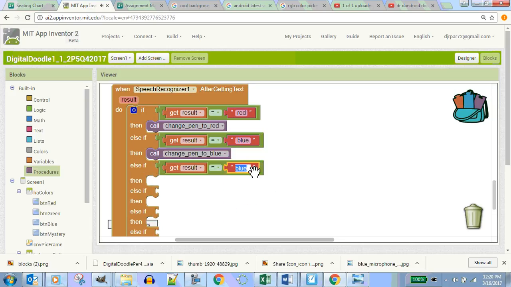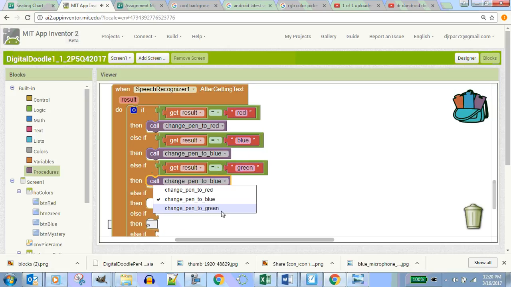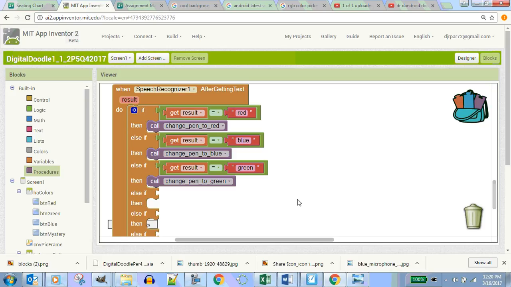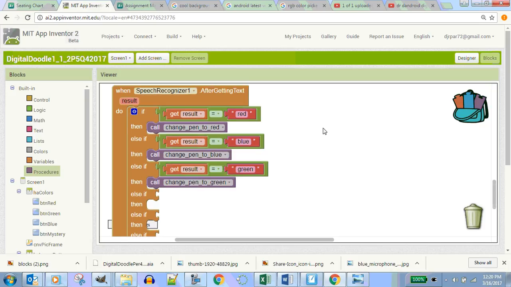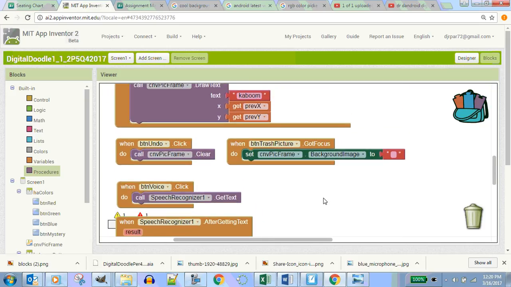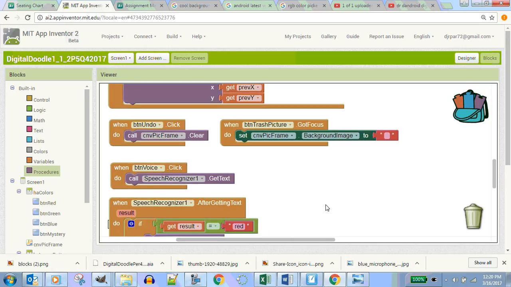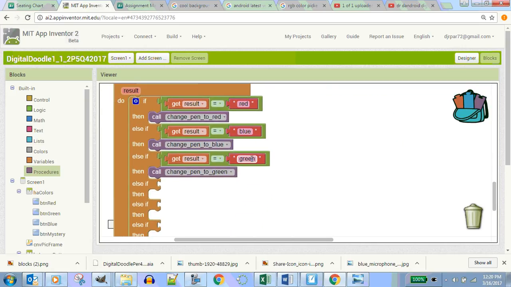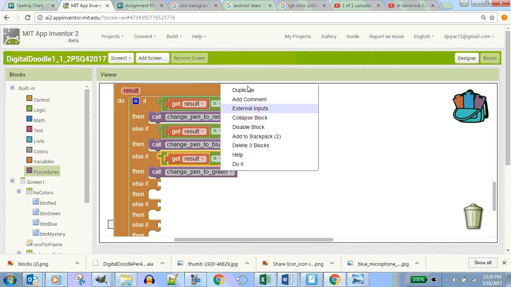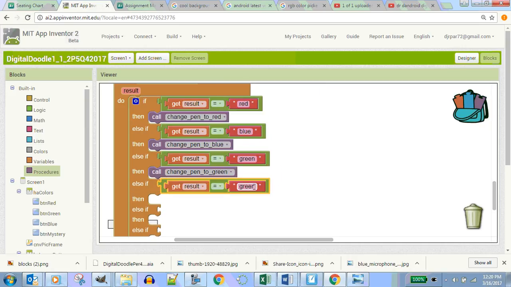And what happens if they say green? And then you just copy and paste this. And you're going to build this and let this be green. Okay? Yeah, we can do whatever you want. Okay, so if you want to do a mystery one, if they say mystery,